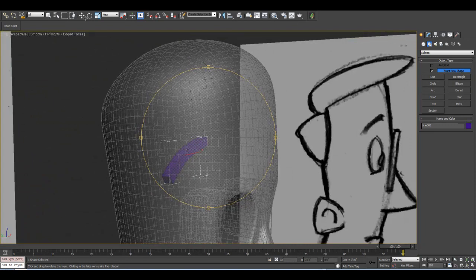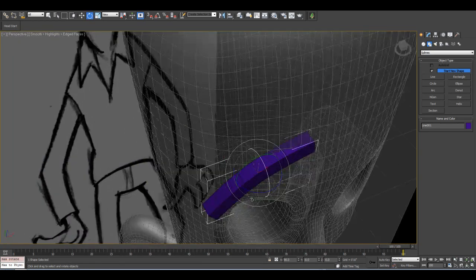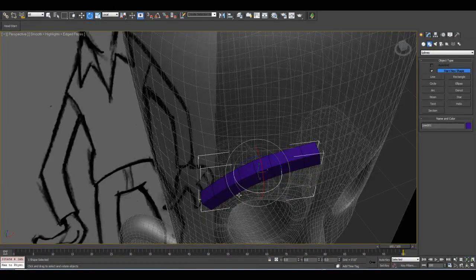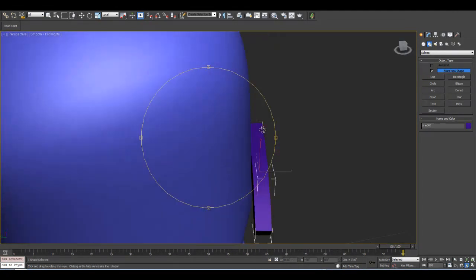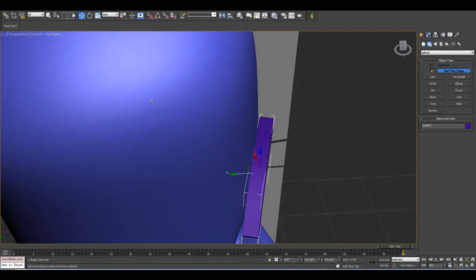So from here I'll go to perspective, and I'll just make sure this eyebrow is sitting out along the surface of his forehead. So I'll bring it out like this. I can switch to local and just rotate it in the local axis. So I'll rotate it something like this,